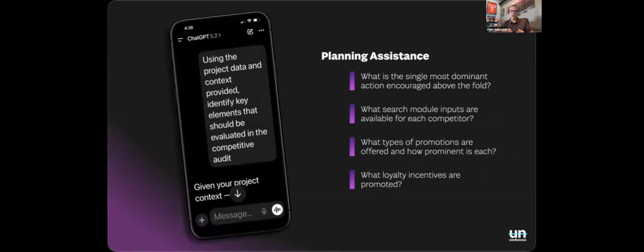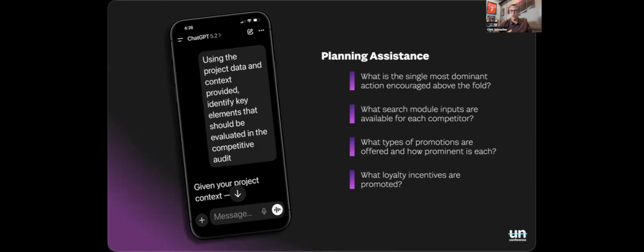So how do we actually put this to work now? On one hand, I have found a lot of value in just being able to challenge and check your assumptions, because that's always something that you want to be mindful of as a UX designer, UX researcher, is making sure that your assumptions are challenged and checked along the way. So one way that we could use this is, now that it has all of that great context and data that we gave it, ask it, hey,